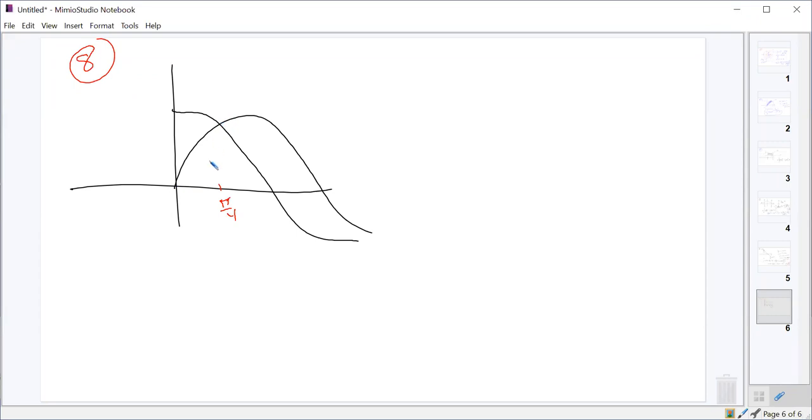So they intersect at pi over 4. And so they're just talking about this singular region here, even though you end up with another one down here and another one down here, and so on. So in order to do this one, we have to take a look at the intersection point of pi over 4